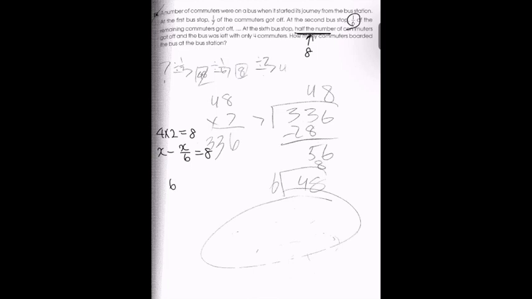So rewriting that is going to be 6x minus x equals 8. So 5x equals 48, and x is going to equal 48 over 5. Now at this point we know we had 48 over 5 people to begin with, because if we know that, then